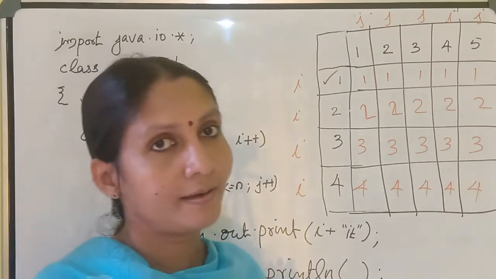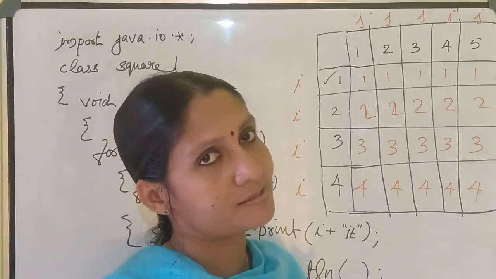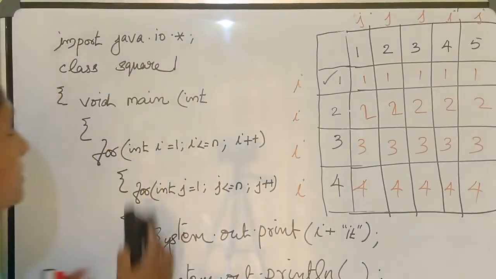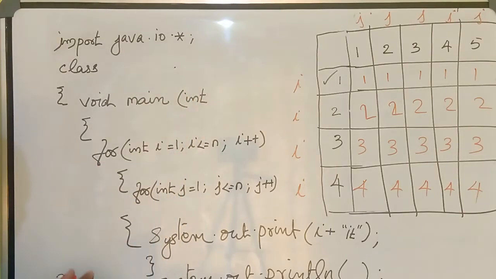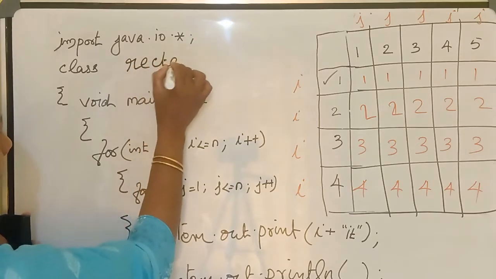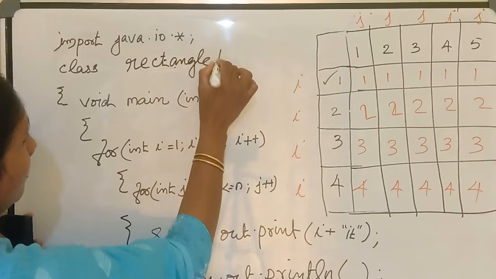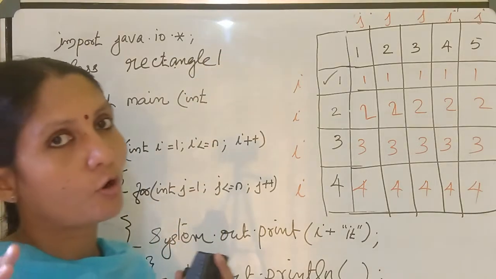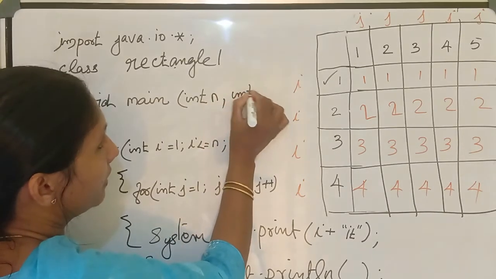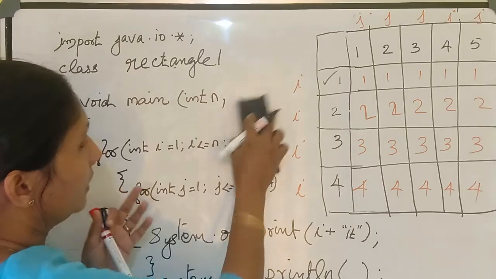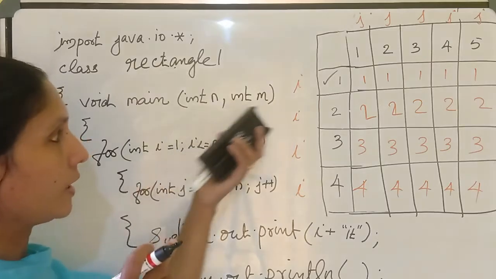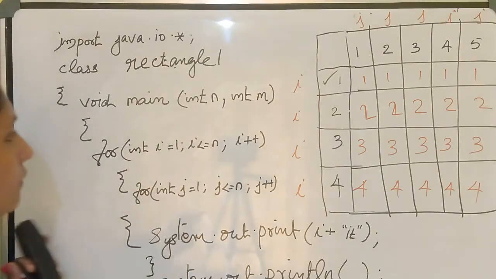Then how can you create a rectangle pattern using the square pattern? If you give a slight change in that square shape, you can create a rectangle pattern. That we already studied, how to create a rectangle. I will give the name as rect here. Import java.io.*; class Rectangle1. Then here we need the number of columns and rows. Here n represents the number of rows and m represents the number of columns. Here instead of this one you can give 4 and 5 like this. Any number you can give. Which one you need?